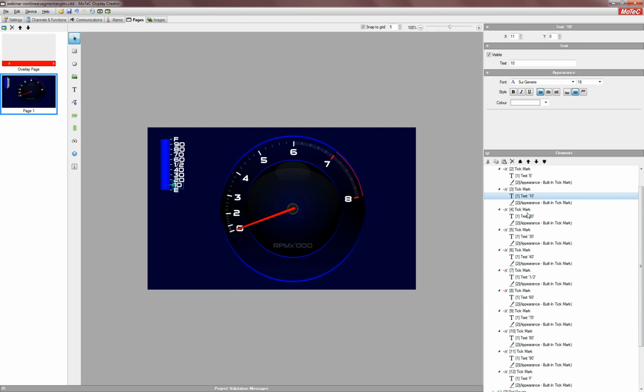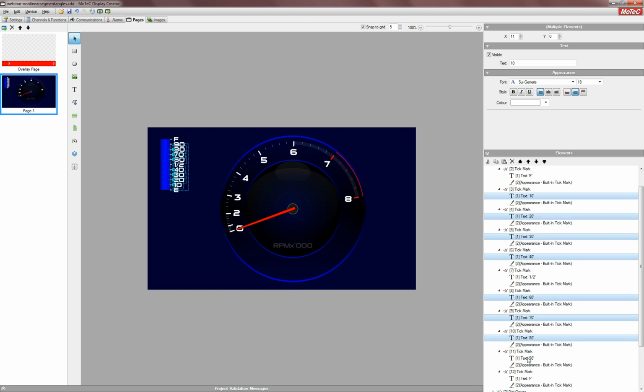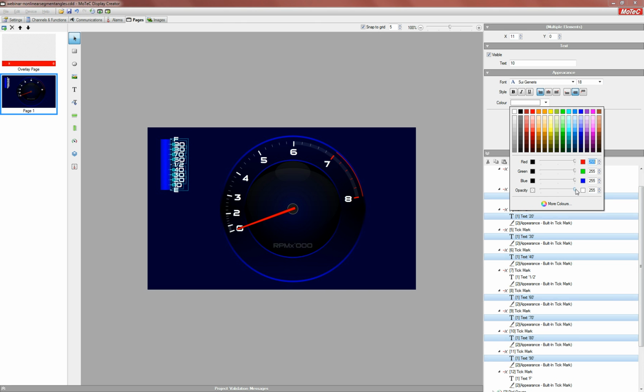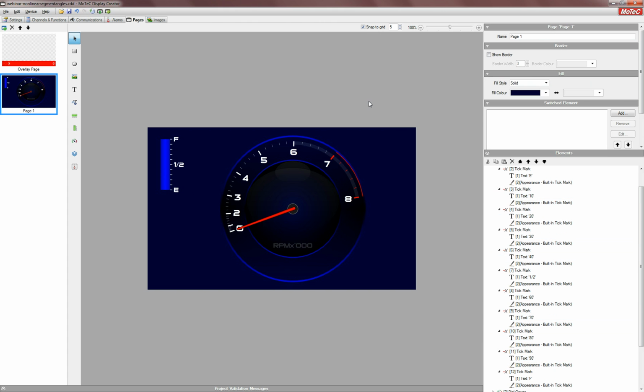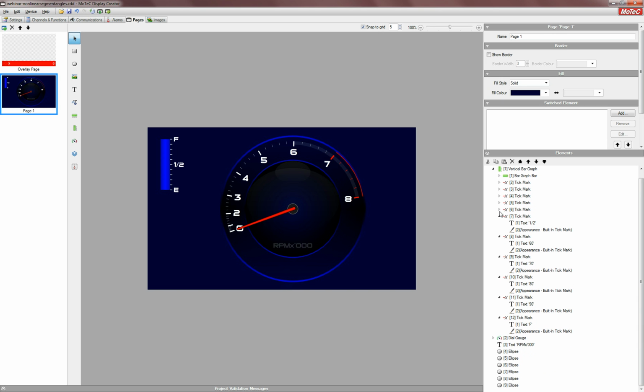Next thing I wish to do is to actually turn off the numbers that I'm not wanting to see. So I've just basically select all of those and set their opacity to 0. Okay, so I've got my fuel gauge empty to full, but I'm wanting to see these two lines in red, and some of these I'm wanting to disappear. So just going to collapse these lines back again,